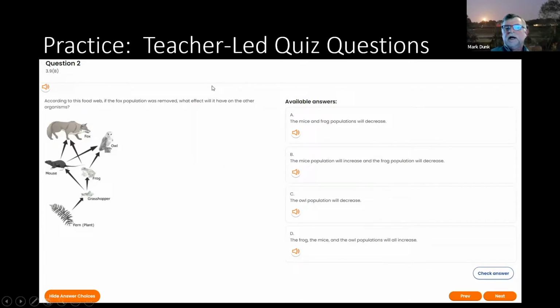So for example, this is one of the questions from one of the quizzes in 3.9B in Texas. But notice that I have a lot more options than if I was just pushing this out to the students and asking the students to take a quiz. The first thing I'd like you to notice is that if you want to go through these quiz questions with your students, you can actually turn off the answer choices. You can hide the answer choices, which forces the students to look at the question without being distracted by some